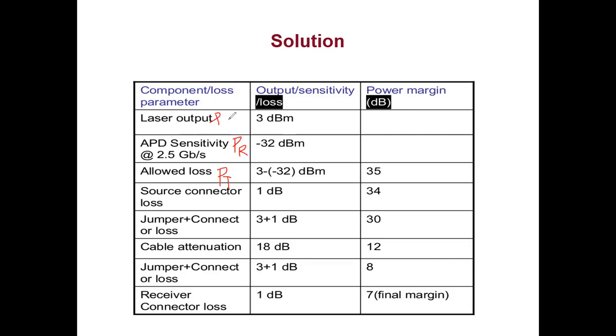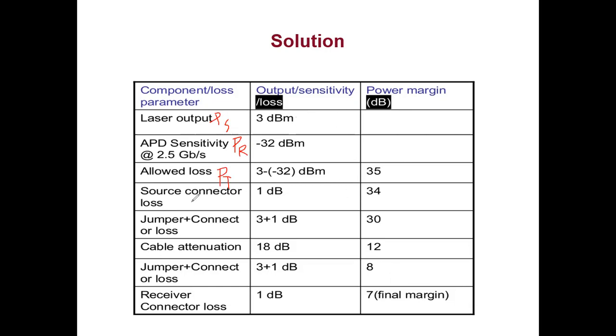So 3 minus of minus 32, so that is 35. Again, it is dB, so I'm not writing dB constantly over here. Remember, these two always will be in terms of dBm, because when I say the source output, how am I telling the source output? There has to be some reference. So the reference is with respect to 1 millivolt. So that is why this M came here.